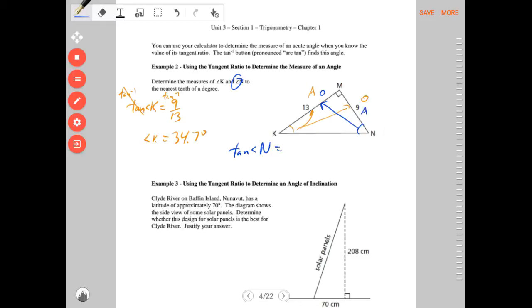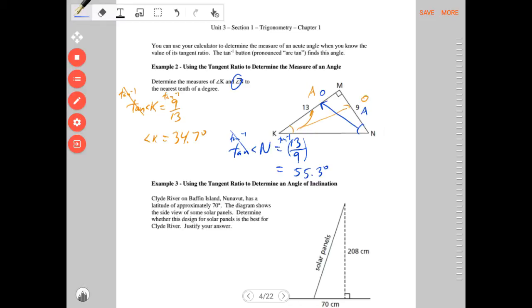So tan of angle N is opposite divided by adjacent. The opposite is 13, the adjacent is 9. You type that in exactly the same way. We use arctan, so tan to the negative 1 cancels that one, and then arctan this guy, 13 over 9. And we end up with an angle of